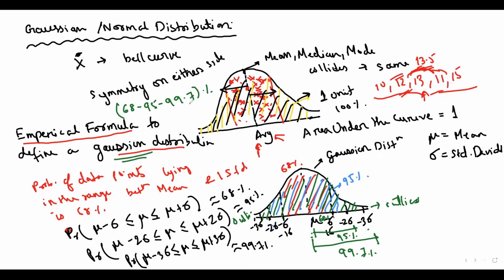You will say that in Gaussian distribution, 68% of the data points will fall between its mean and first standard deviation, whereas 95% of the data points will fall between its mean and second standard deviation, and 99.7% of the data points will fall between its mean and third standard deviation. This is the empirical formula for Gaussian distribution. Nice. So this is all about our